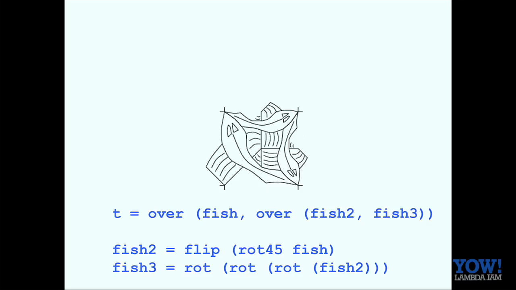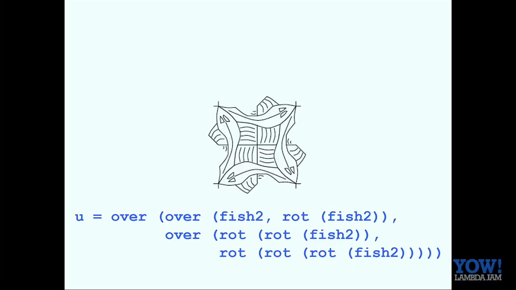In fact, if you rotate it 45 degrees to get fish 2, then you get a smaller fish. And you can overlay the original fish, and I think this is fish 2, and this is a triple rotation of fish 2, and they all fit together. So now we've got a big fish and two smaller ones swimming beside it. Let's call that T. Here's another nice picture where I've overlaid 4 copies of the 45-degree fish, fish 2. And so we've got 4 rotations of it that fit together, and they give us 4 fish swimming in a circle. Doesn't that look like part of Square Limit?